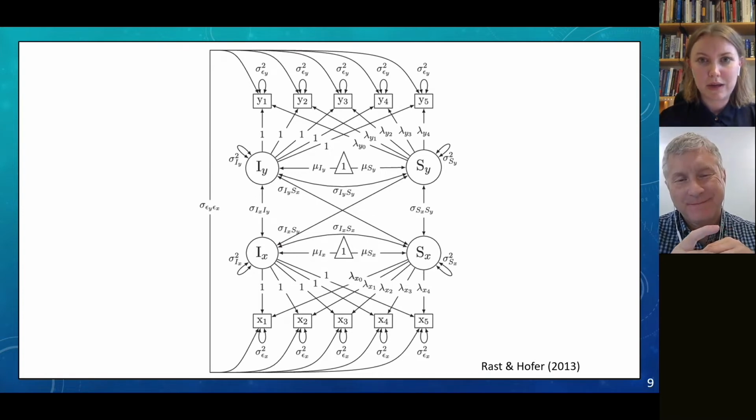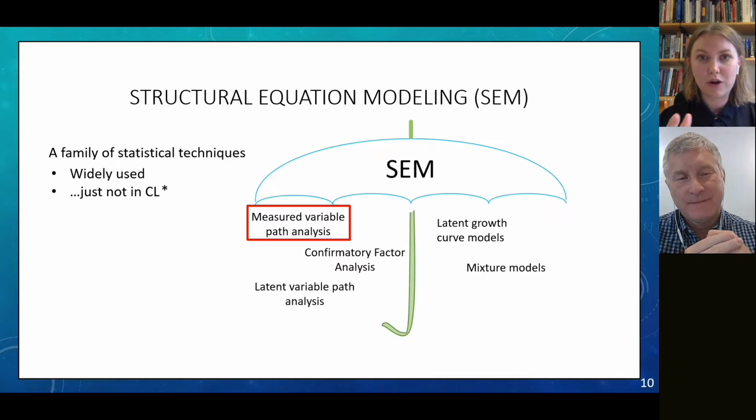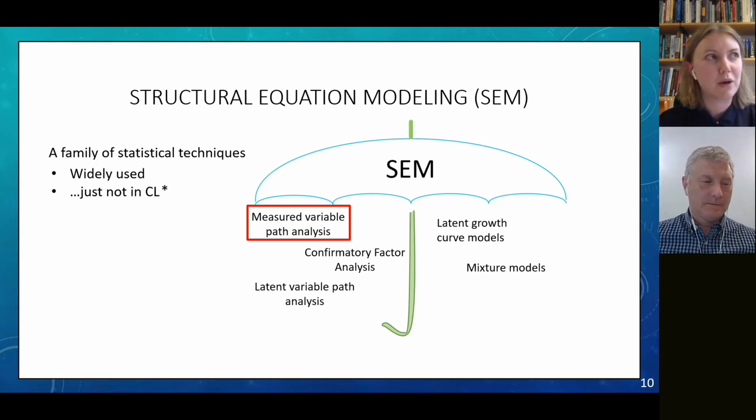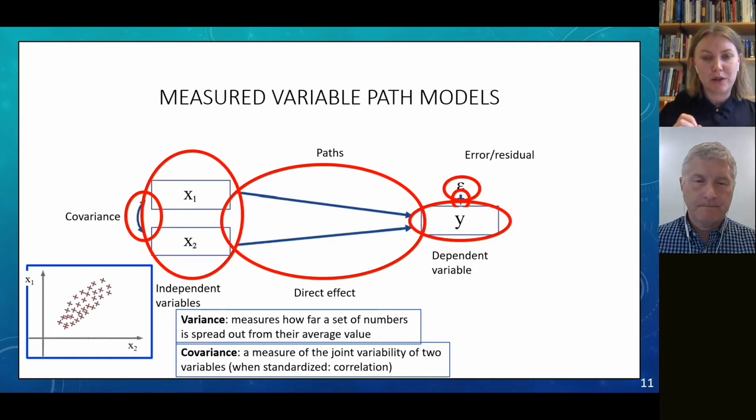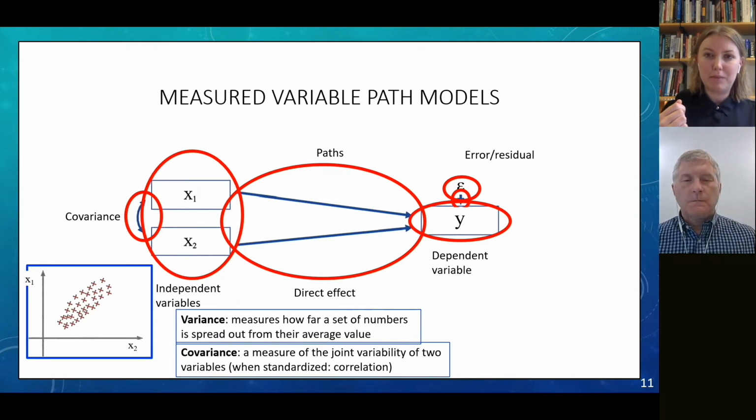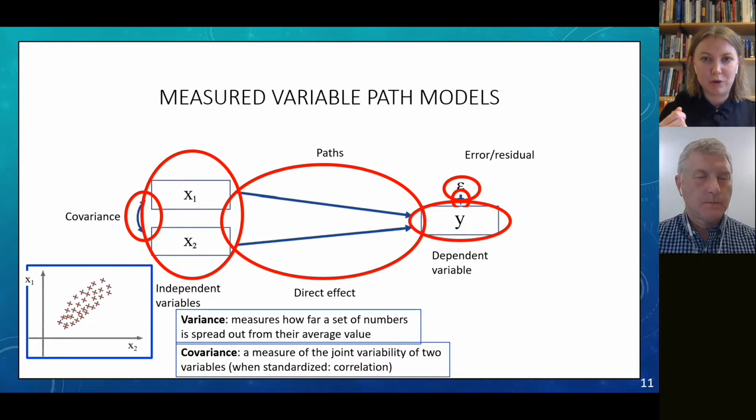So we decided for the article and for this workshop to start in the more basic half of things, and talk about measured variable path analysis, which can look something like this, right? This is a path diagram of a path model, and we'll be talking a lot about such models and this way of representing things today.